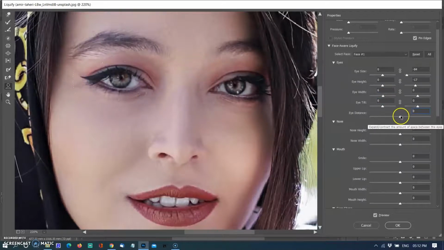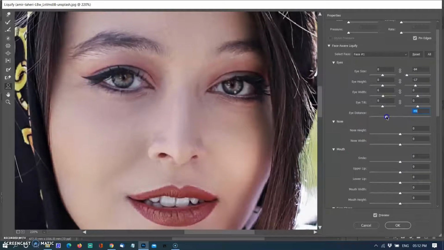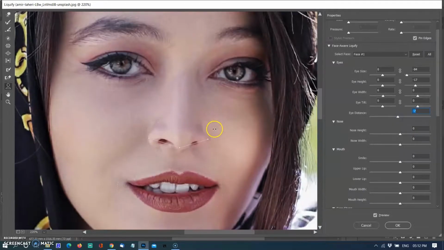We have no need to move all the sliders and no need to make big changes. Very subtle changes are required for the specific requirement. In high-end retouching, I never change any feature unless the model asks me to change it. It is a very specific requirement, but it is always present. So without Liquify, I can't think about retouching model portraits.